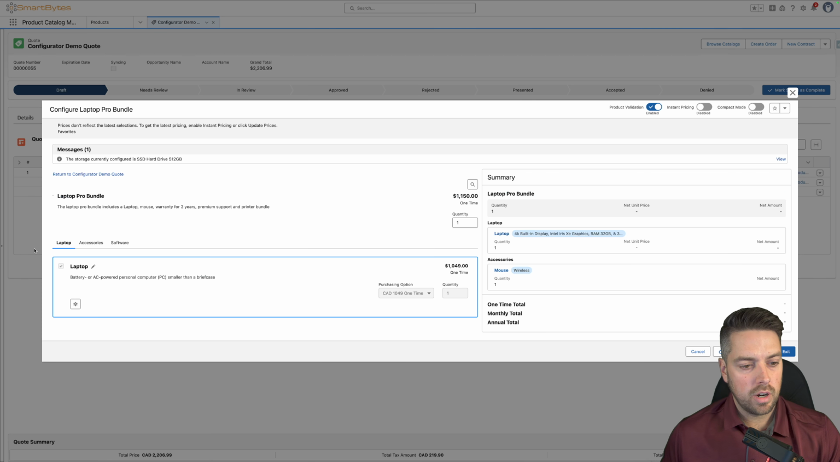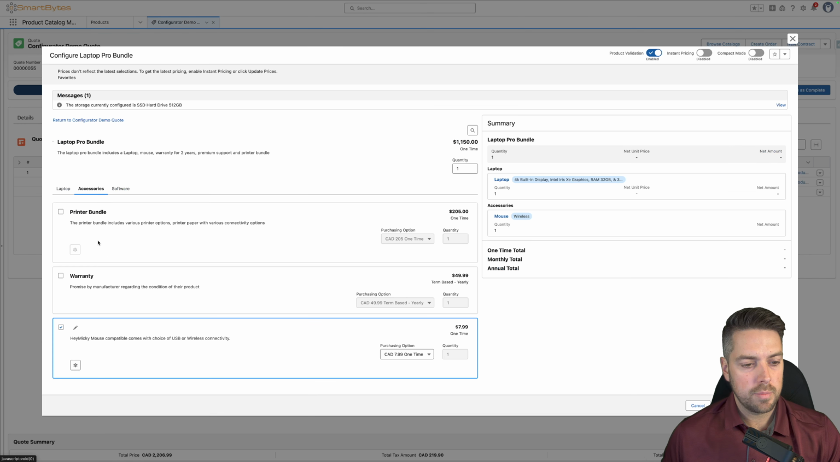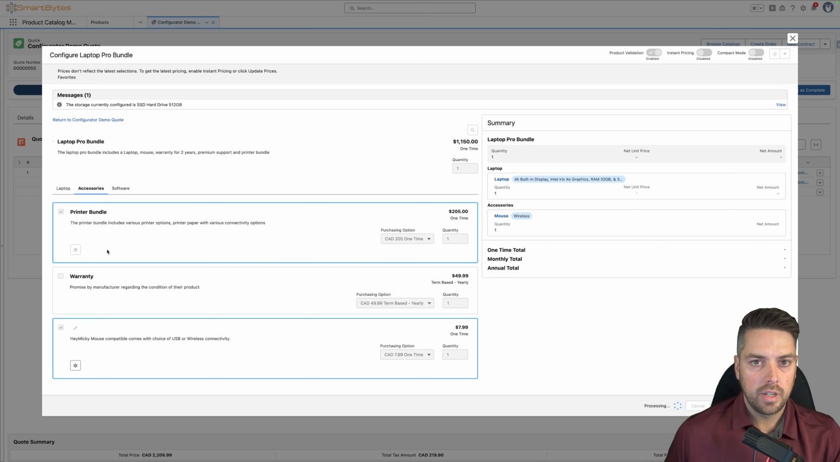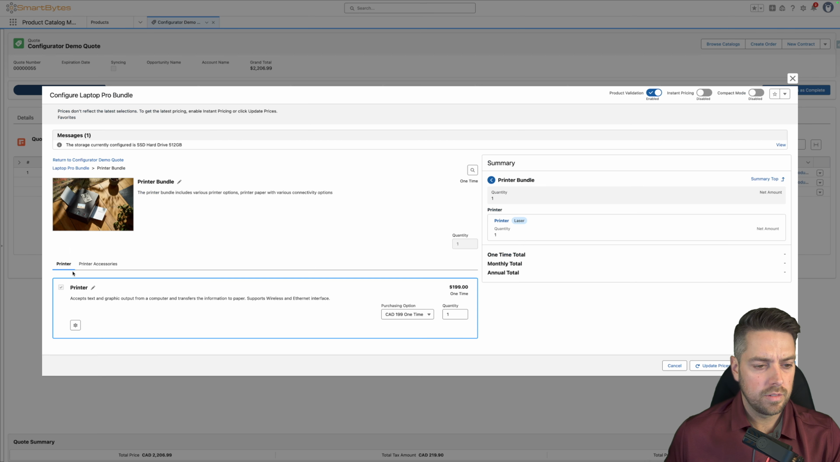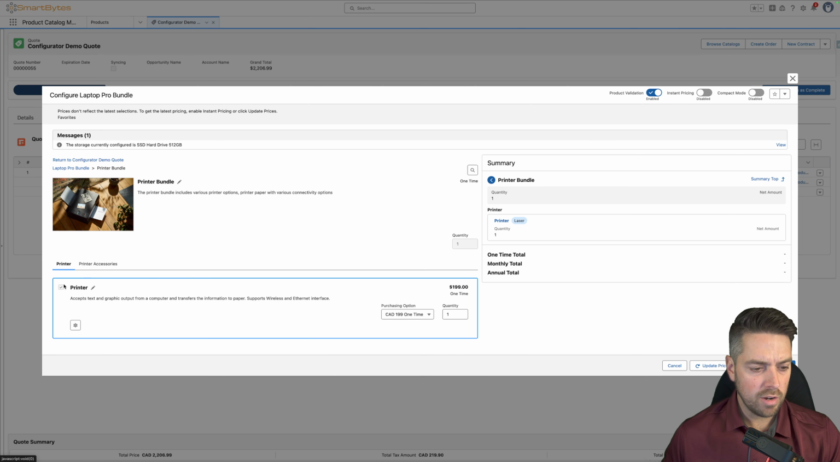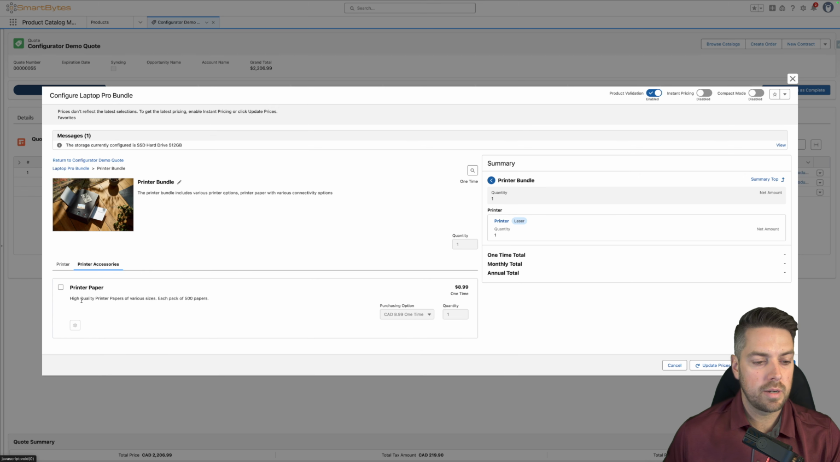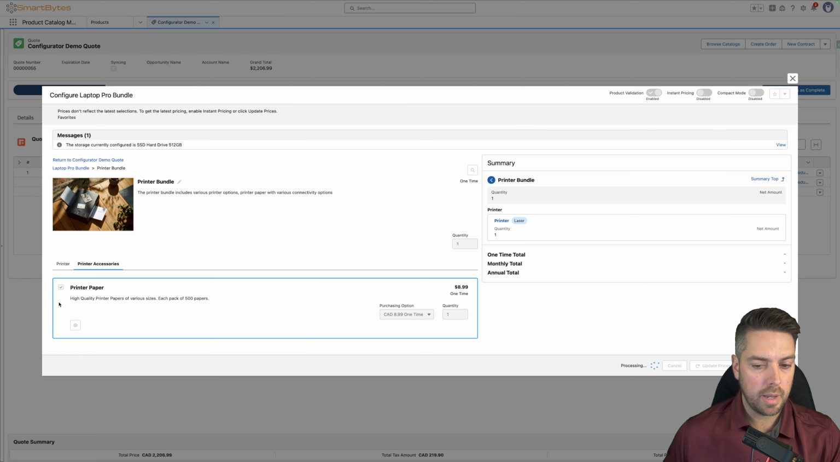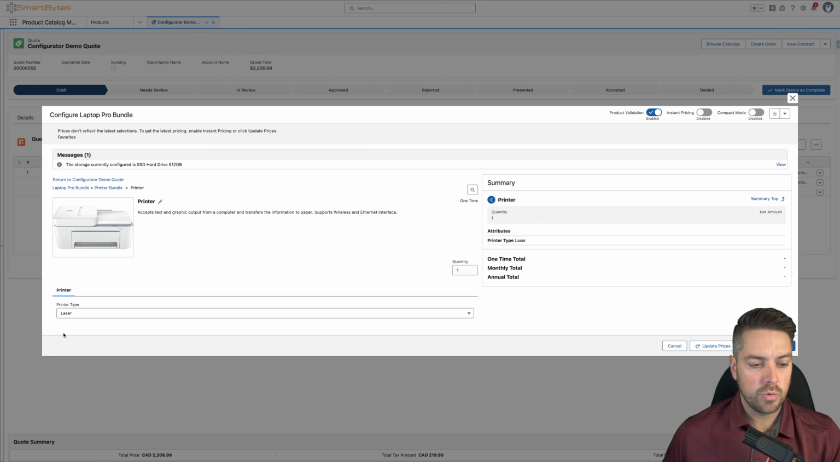Let's go back to our Laptop Pro bundle and look at other options. If I now add my printer bundle in that nested bundle, and I go into the configuration for my printer, I can see that I've got the option for my printer, which is auto-selected, and then printer accessories, so I can select printer paper. I'm going to select that now and then go back to our configuration for the printer itself. Now the printer type is set to laser, but if I go in and select the 3D printer,